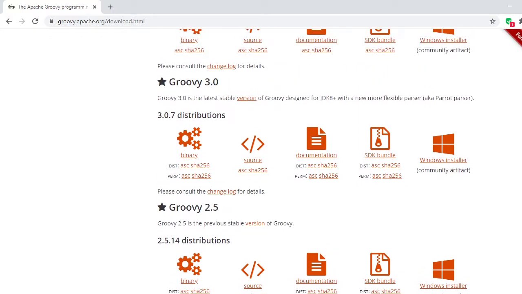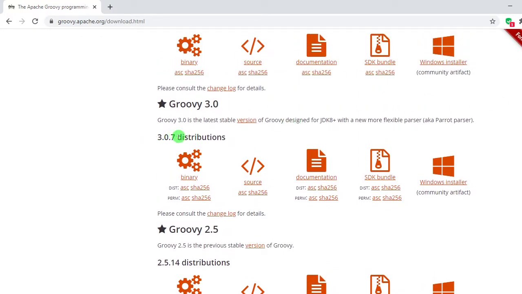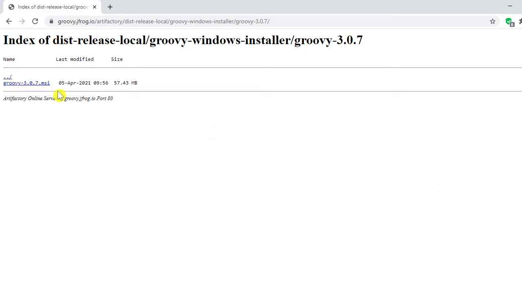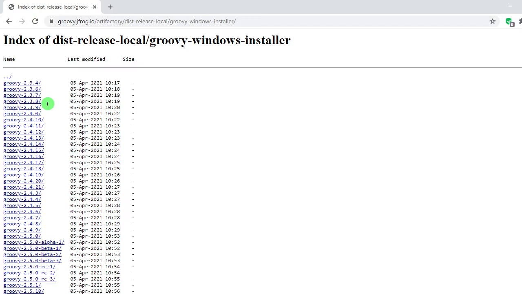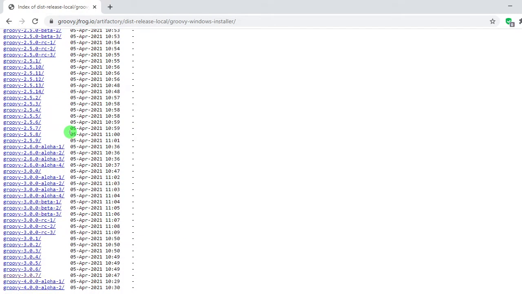These are the 2.4, 2.5, 3.0.7 distributions. This is binary. We are not interested in binary. Since we are on Windows, let's go ahead and download the installer. Here you can see all the versions of Groovy that have been released so far, and it started with 2.3.4.